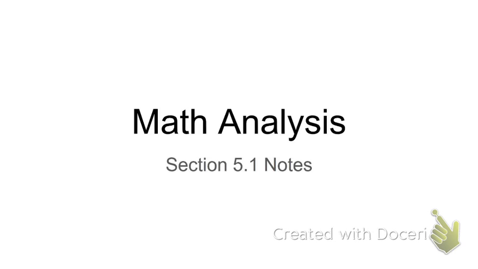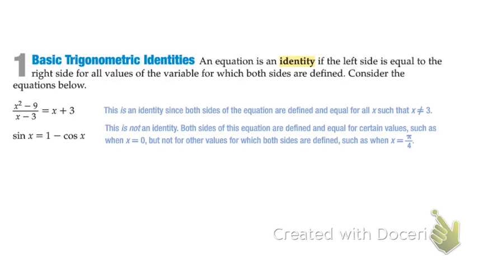All right, so we're going to talk about section 5.1 of our book, which was our introduction to trig identities. So we're going to start off with what an identity is. Basically, an identity is an equation which is always true. So if we look at this one over here, we could take our x squared minus 9 over x minus